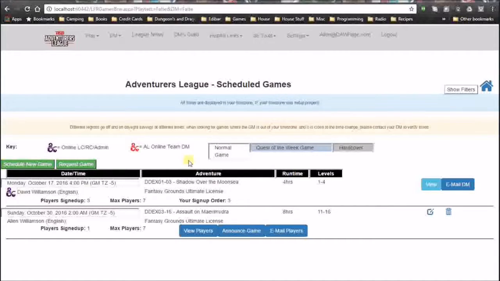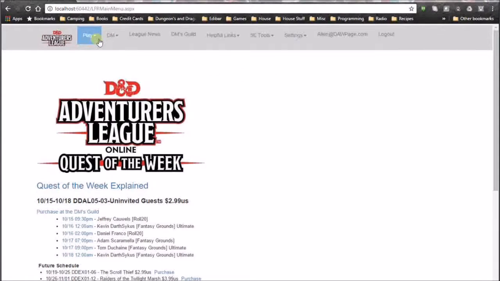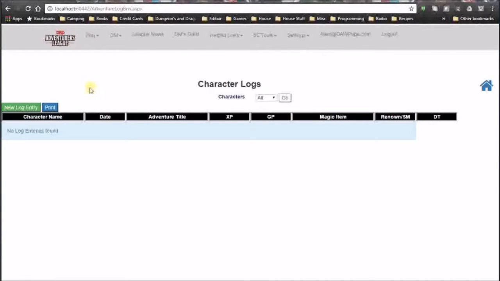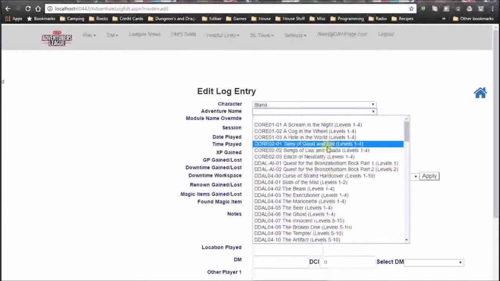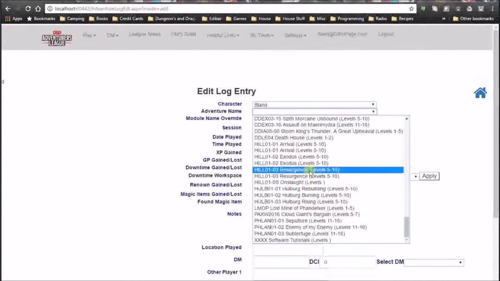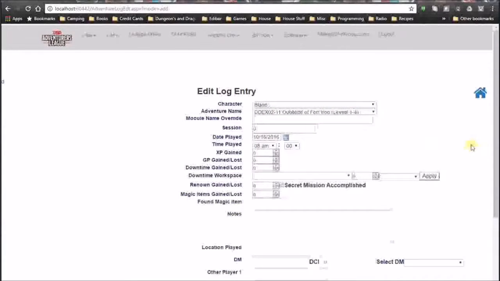Okay, so next we'll go over how to create adventure logs for your characters. So to create an adventure log, or to log your character's adventures, first thing you have to do is create a character, which you should have already done. Next thing you can do is go into adventure log and new entry. So if you have your character here, you just log what adventure you played in. A session, if you want to override the module name, so if you're playing a hardcover and you want to play chapters and stuff like that,